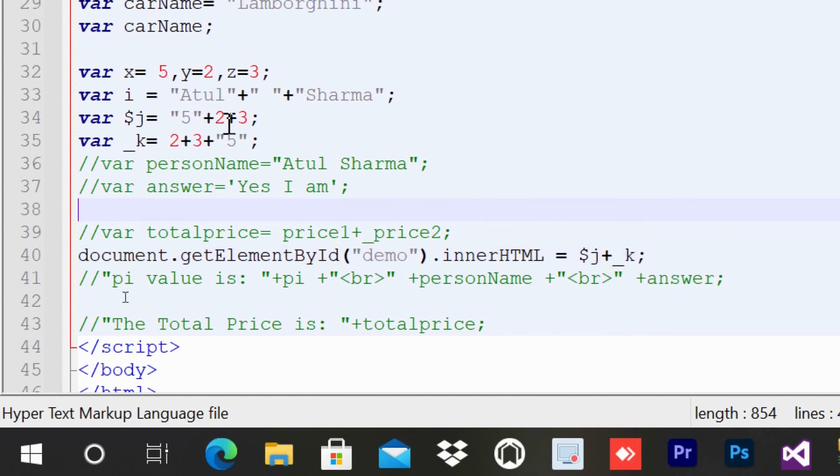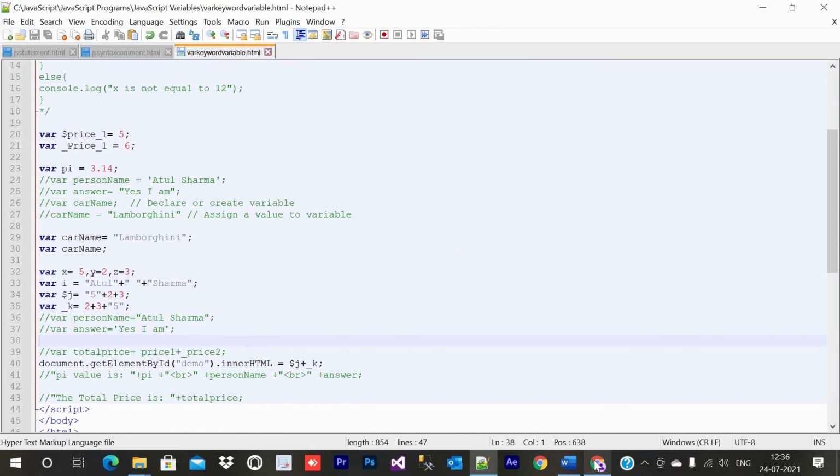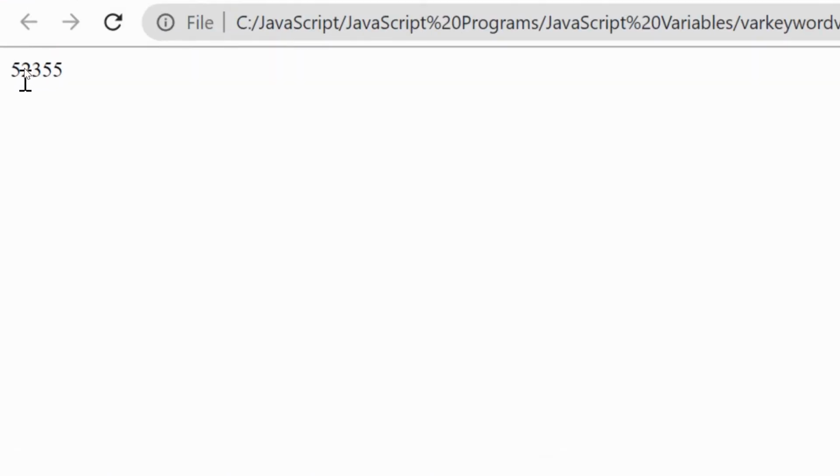The output is 523 plus 55, they will be concatenated. Let me come here. As you can see, 523 and 55, it is concatenated together.